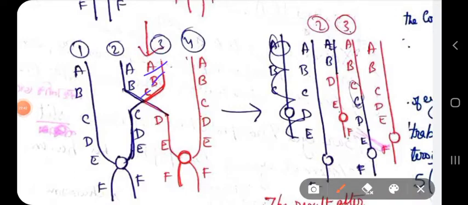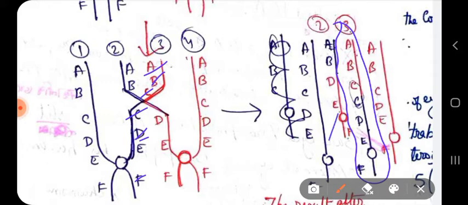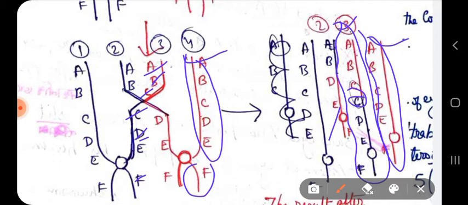A, B, then C, then again C, from the first chromosome from that homologous pair, D, E, F. So you can see here, due to misalignment, unequal crossing over occurs, due to which one of the chromosomes from that homologous pair lost a segment. Here the C segment has been lost, while the other chromosome from that same homologous pair will gain that segment C. So you can see a C has been gained here. And the last chromosome is not involved in the crossing over, so it remains the same.